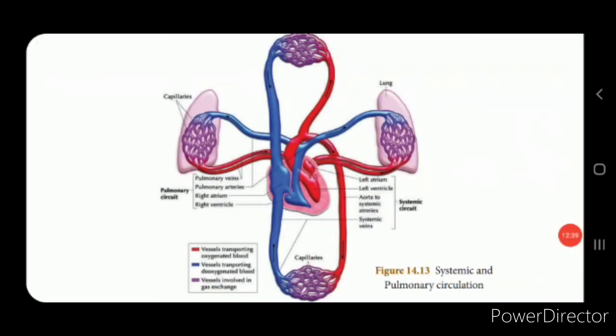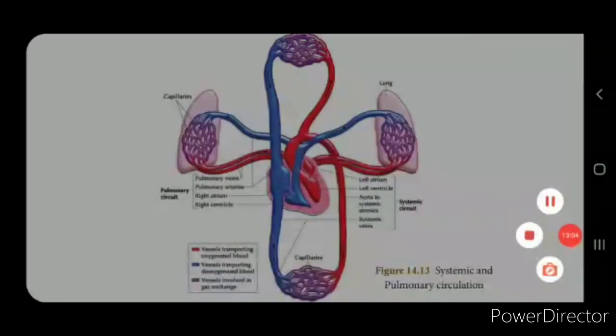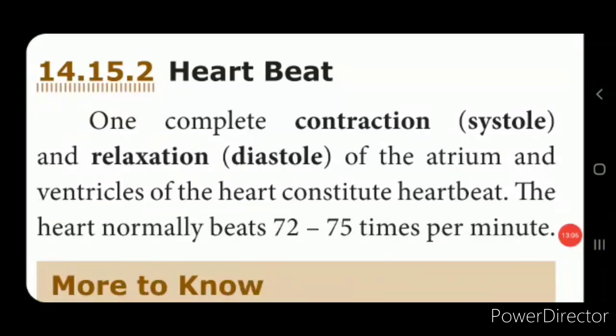Now in some animals like fishes, amphibians and reptiles, the mixing of the oxygenated blood and the deoxygenated blood can be tolerated to some extent, because the blood passes through the heart only once. So some animals can tolerate this mixing to a certain extent, and this type of circulation is called single circulation.